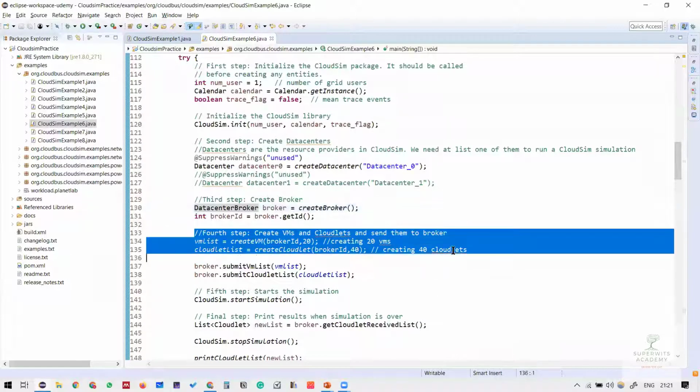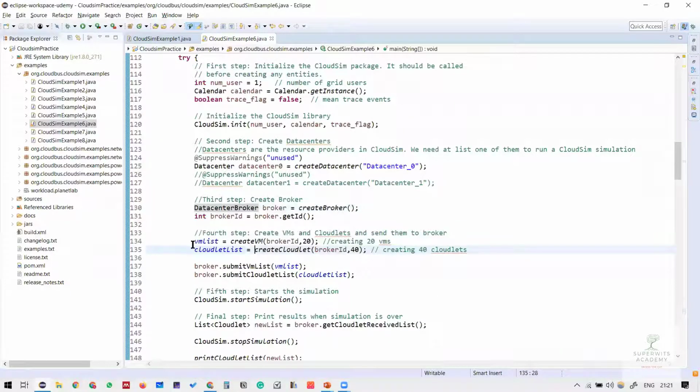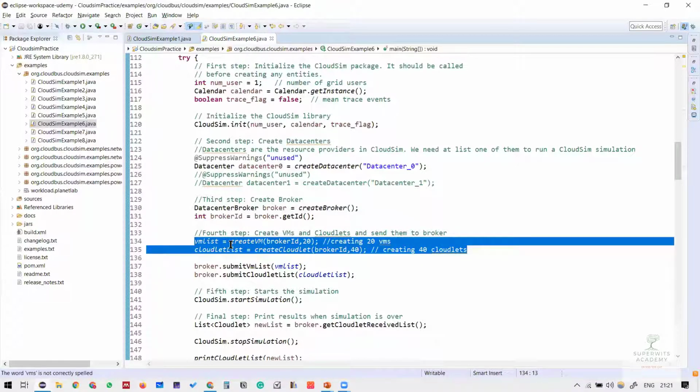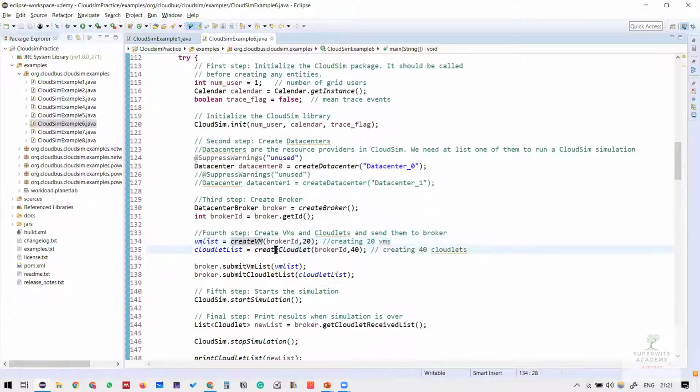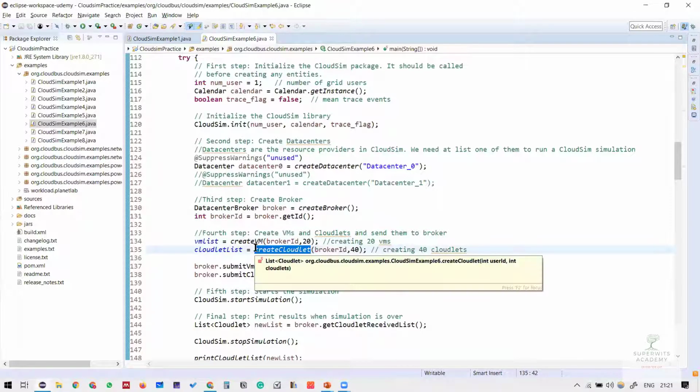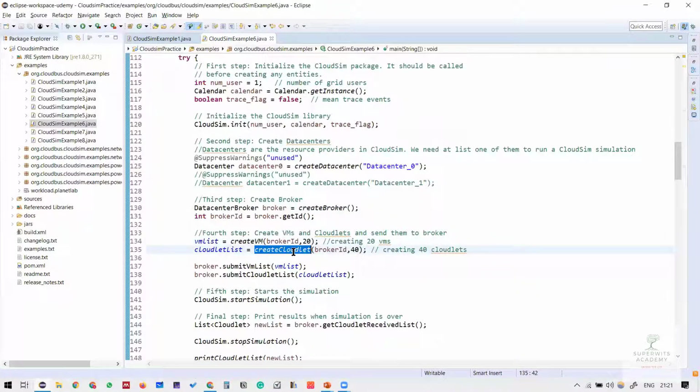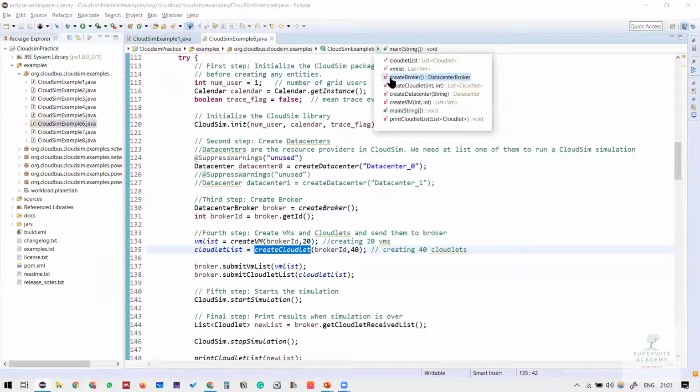Then if we look at this section, this is where the short version has been created. That means we have created separate functions for creating the virtual machine and for creating the cloudlet: create VM and create cloudlet, two separate methods in this example.